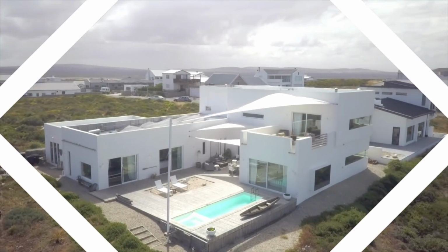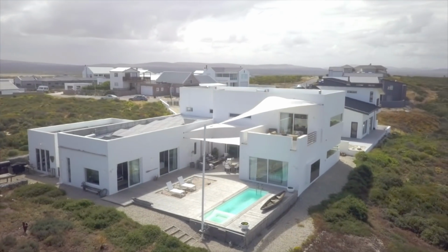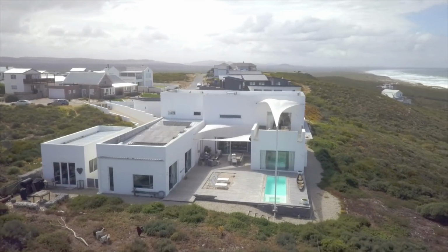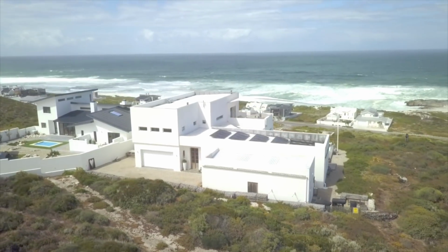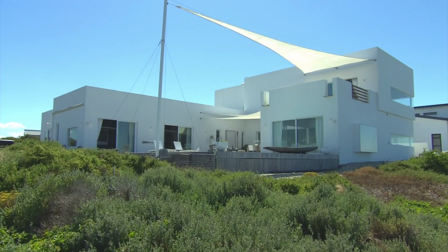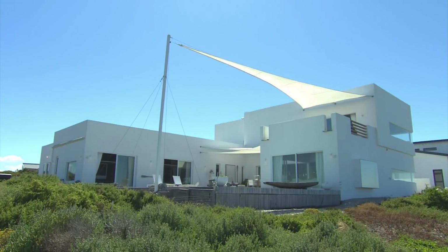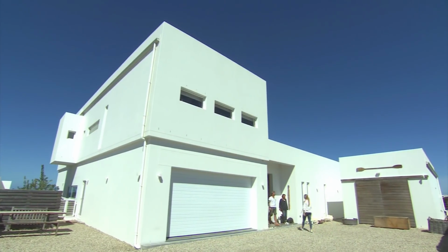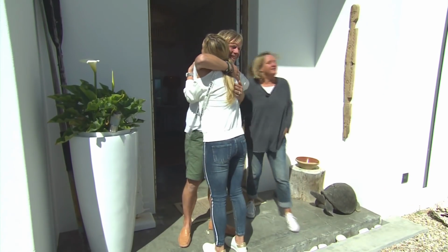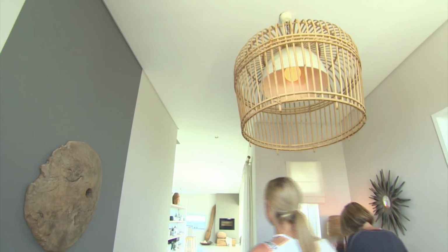This marine meets modern theme of the Elsners' West Coast home is part 2 of their South African adventure. Before moving here, this German couple immigrated to the Winelands, married, and set up a successful building and interior design business. But with career success came added stress, and after Evie had a health scare, they opted for a simpler